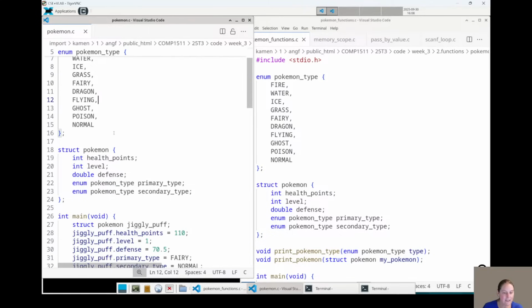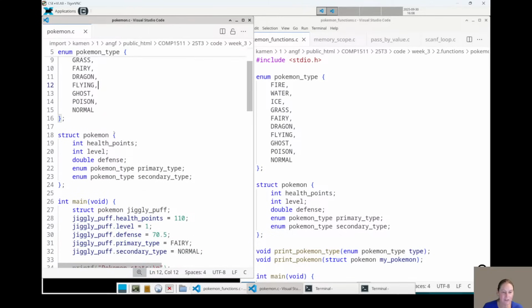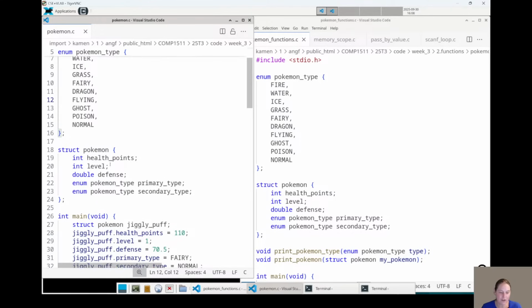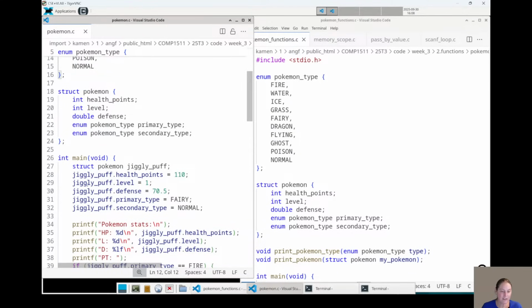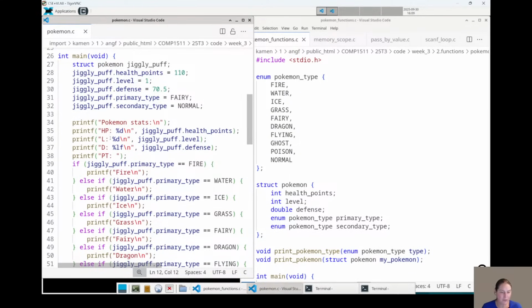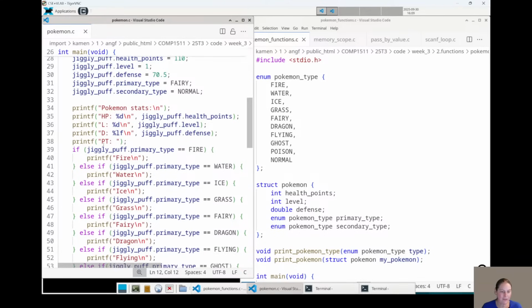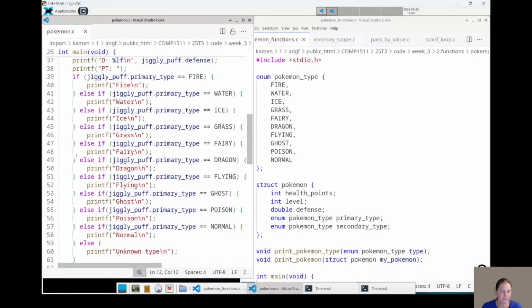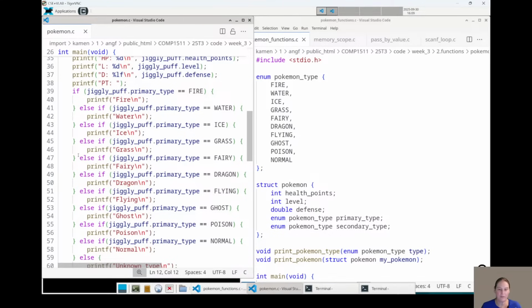On the left-hand side, we've got the code: a Pokemon enum and a Pokemon struct. We made a struct, gave it some data, and then tried to print it out. We ended up having to do a really long if statement to print out the enum, whether the Pokemon's a fire type or a water type or an ice type, etc.